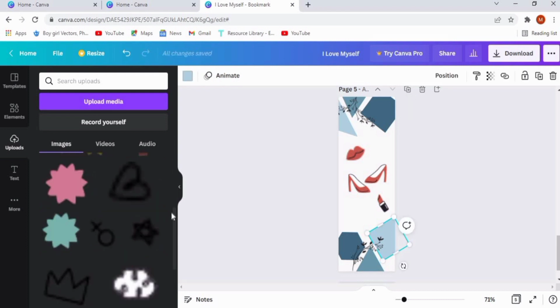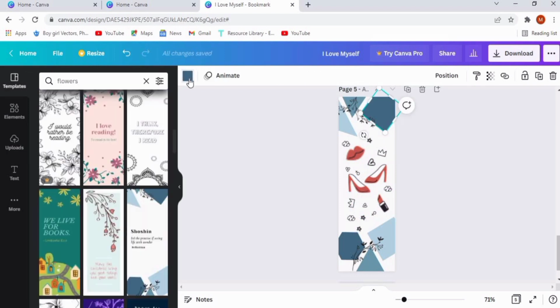So I have these different kinds of icons like stars, crown, heart shape. So I'm just clicking them and pasting them on my page. To create their copies, I will press Ctrl C and Ctrl V and I am arranging these copies. You can also change their direction by pressing this little circle under these images when we select them. So once you are